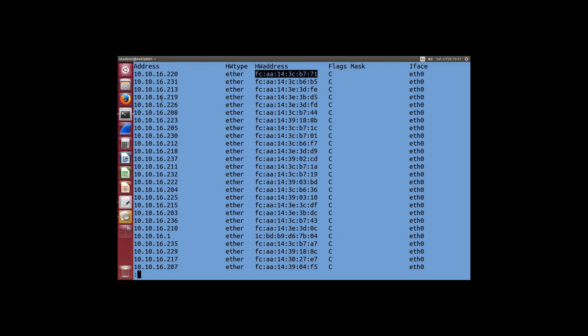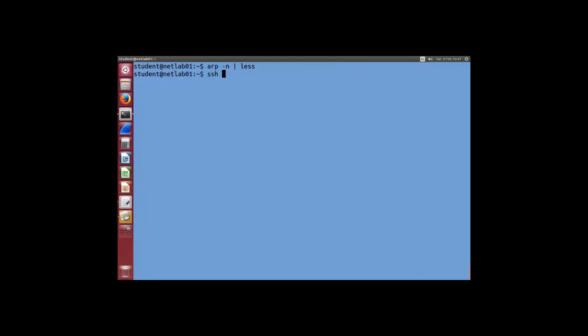And when you run the command, you'll probably see your table is much smaller. The reason I've got many entries here is because you've all logged into my computer. You're all communicating with me now. You use Secure Shell to connect to my computer. So I know your hardware address already. But when you run it on another computer, if I log into another computer,